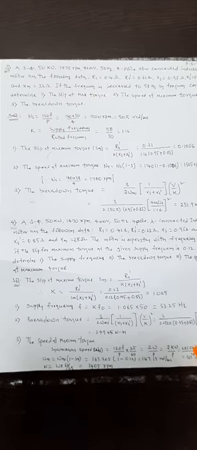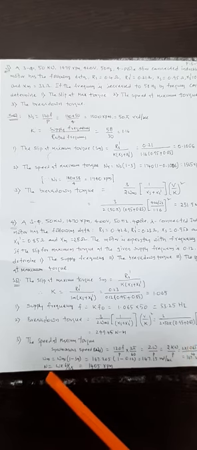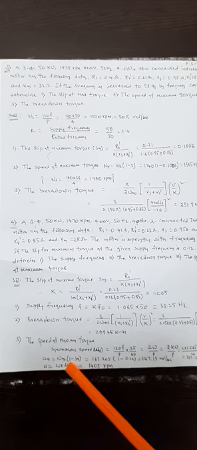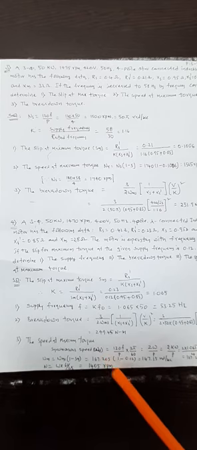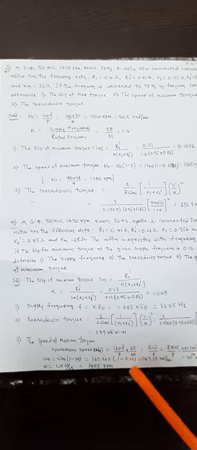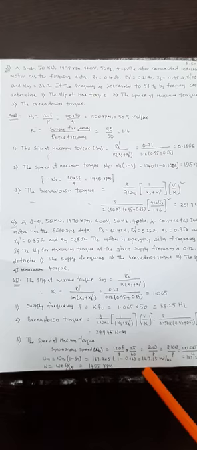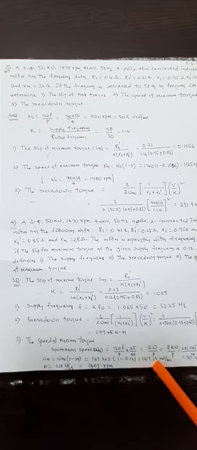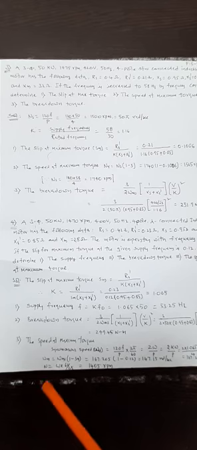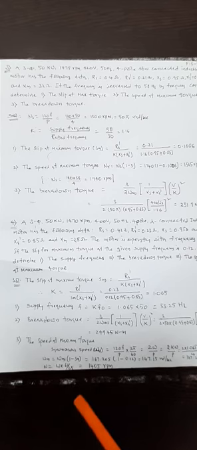167.205 radians per second is the synchronous speed in radians per second. Therefore, the motor speed omega_m is equal to omega_ms into (1 minus s_m). We calculated omega_ms as 167.205 radians per second, which should be multiplied with (1 minus s_m), where s_m is given as 0.12. Therefore it is 147.15 radians per second. Now N is equal to omega into 60 by 2 pi, so the speed is 1405 rpm.